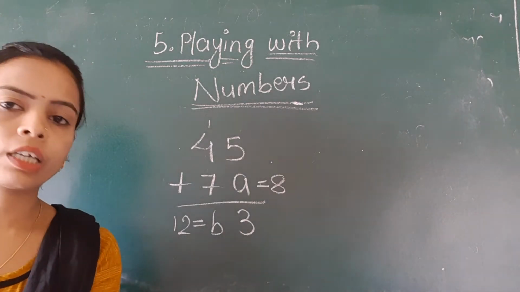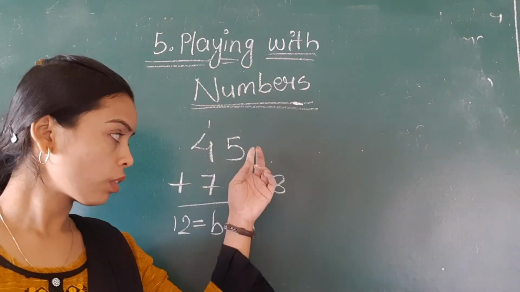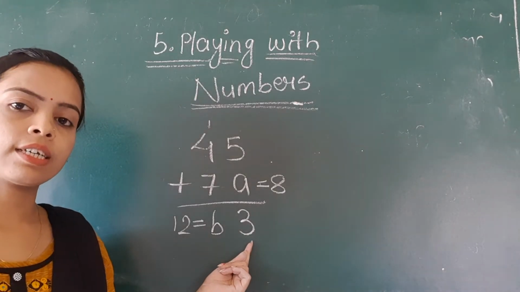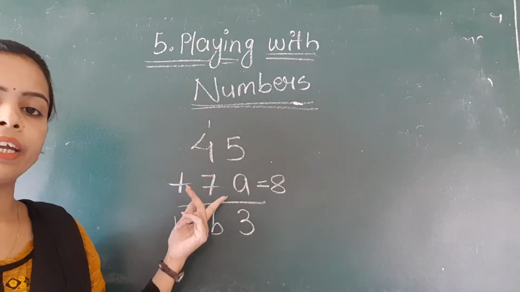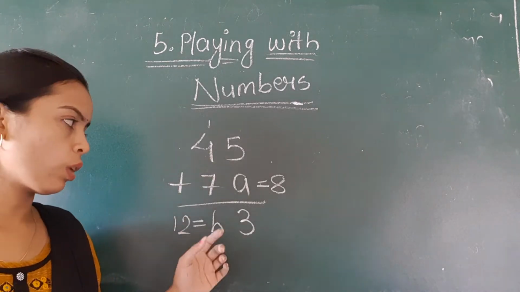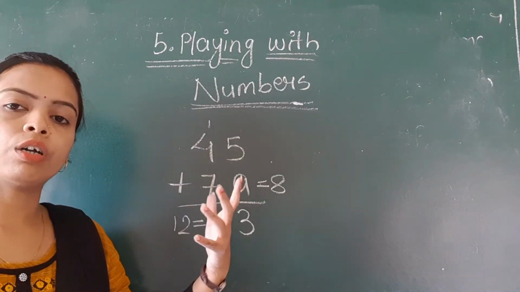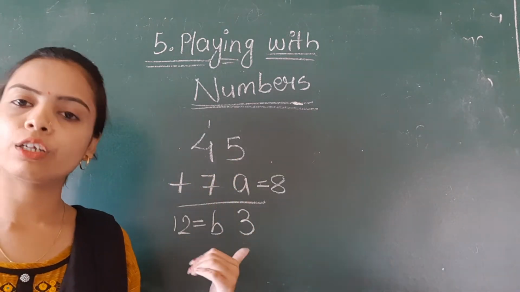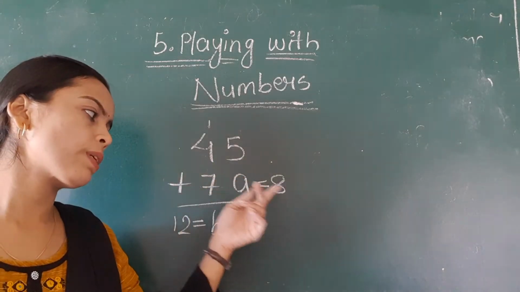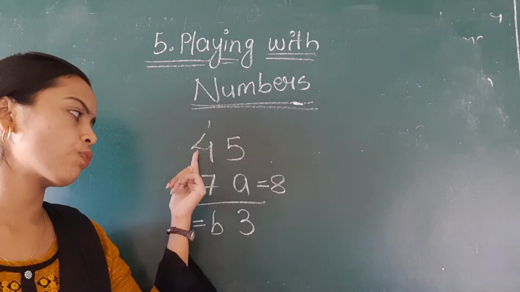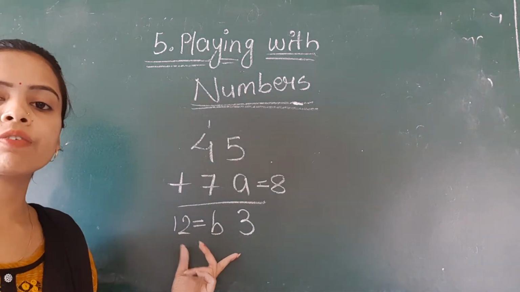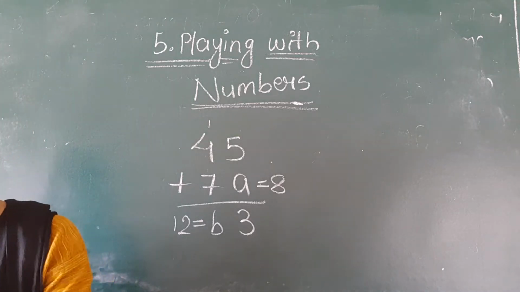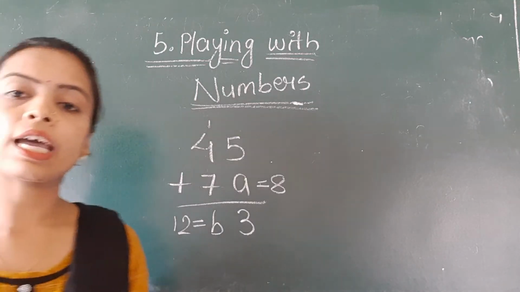What is the important thing here? If you are adding two numbers, and the answer's digit is less than the given digit, then you are adding a number greater than that number. With this concept, which bigger number than 5 are we adding so that 3 comes at the last? That is 8. So 5 plus 8 is 13, so carry is 1. So 1 plus 4 is 5 and 5 plus 7 is 12. So your final answer will be 123.